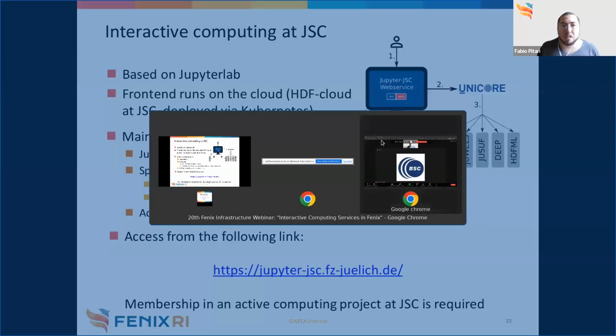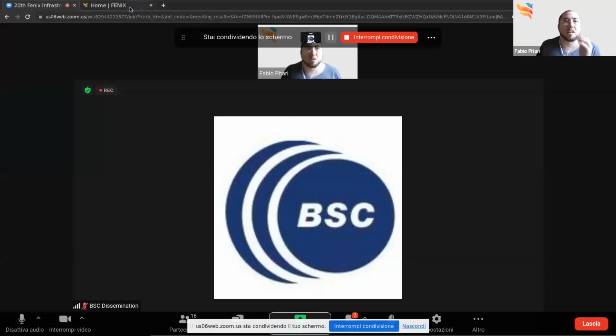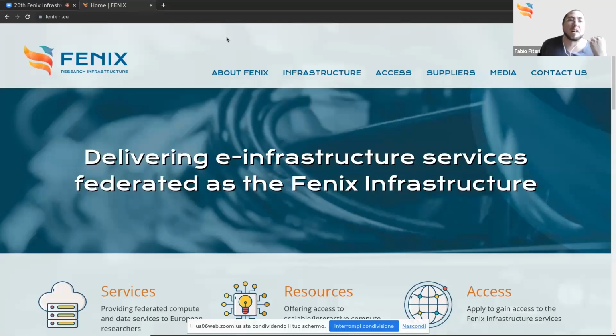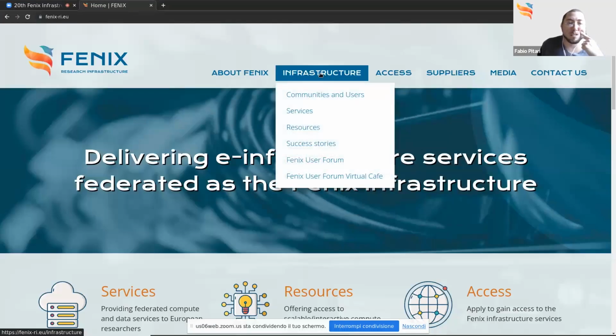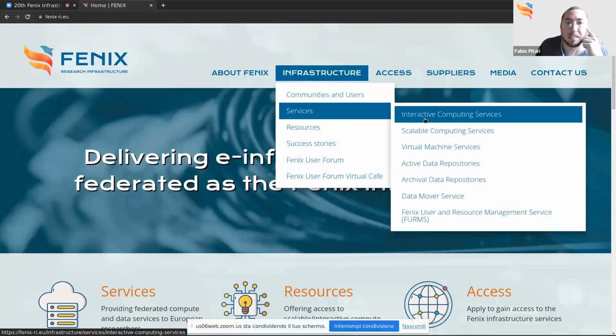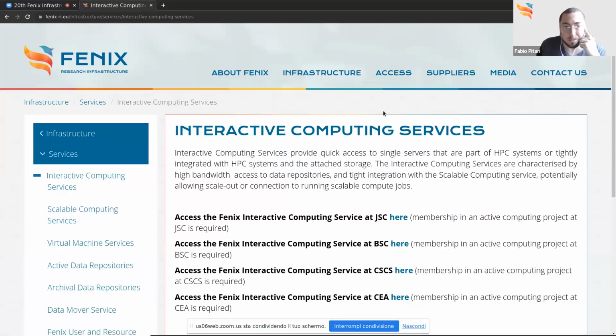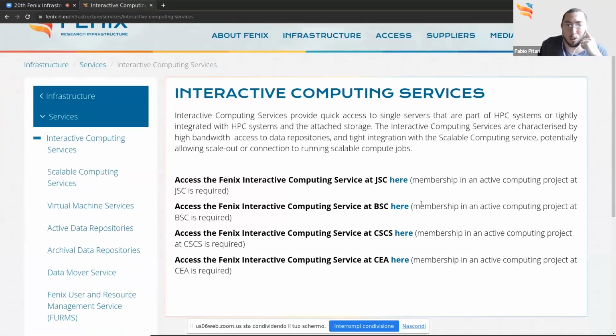Actually, just to be clear, if you go to the Fenix website, you can find the links for all of them. If you go into infrastructure, there are services here, and from services there is an interactive computing services page, from which you can see all the already publicly available services in the Fenix sites, and there will be also the CINECA one in a few days, hopefully. So we start from